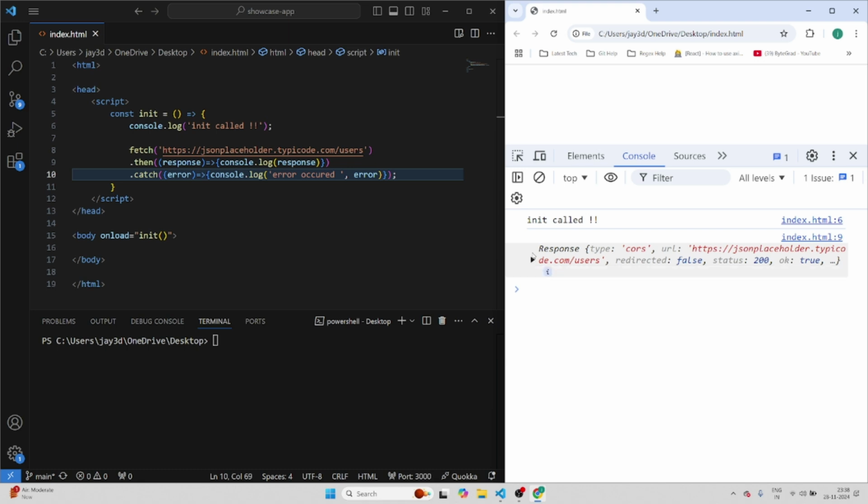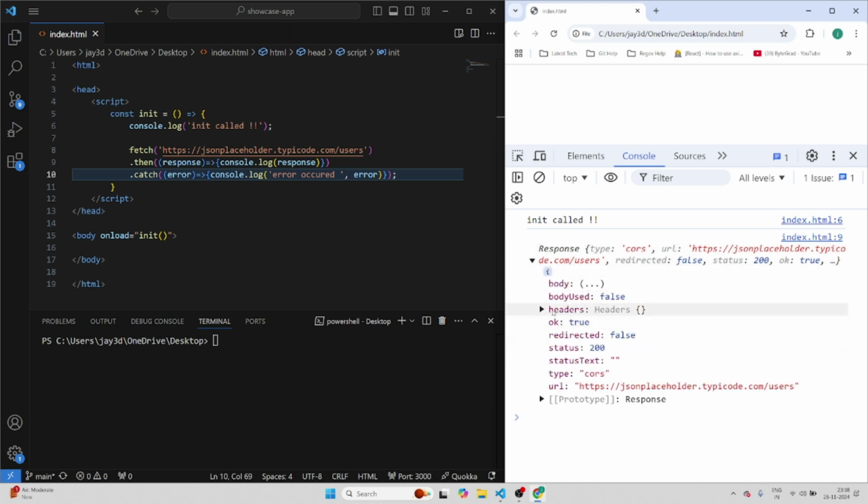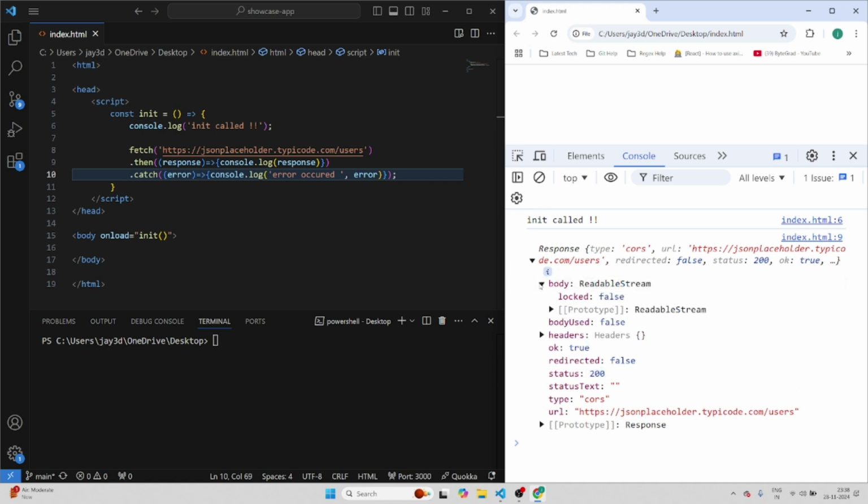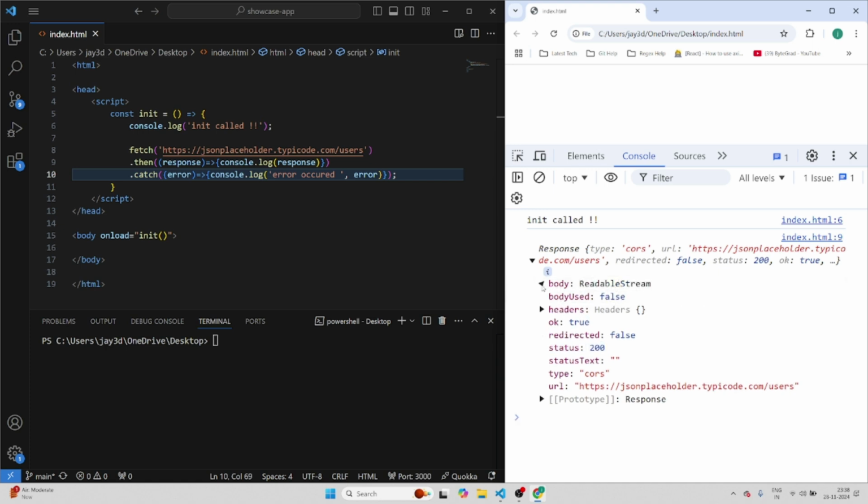If I expand this, you can see I'm getting ok true, status 200, and the data will be inside the body. So you can see it's a readable stream. So we need to read this stream. In order to read this stream, what you can do is response.json. So I'll just cut this portion and do response.json,